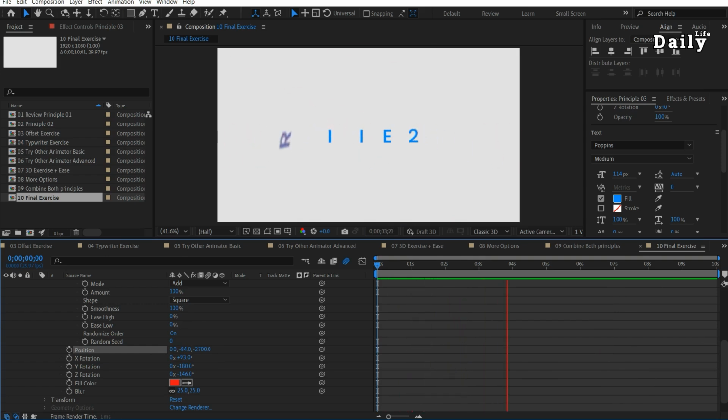Looking good! In this episode, we took a deeper look at animated range selectors, learned about ease settings, smoothness, randomization, and made text animation feel more dynamic. Practicing these techniques will help you shape your style in motion typography. So stay curious and keep experimenting with each principle to make your animations stand out.